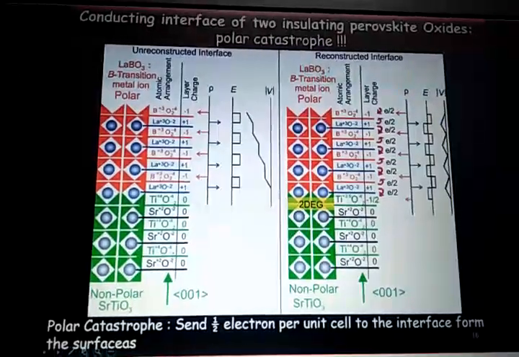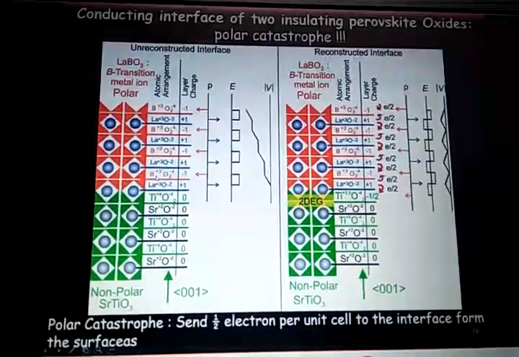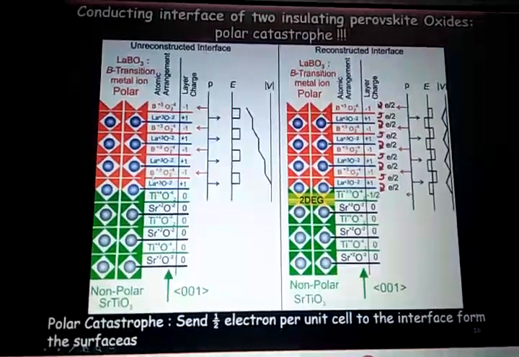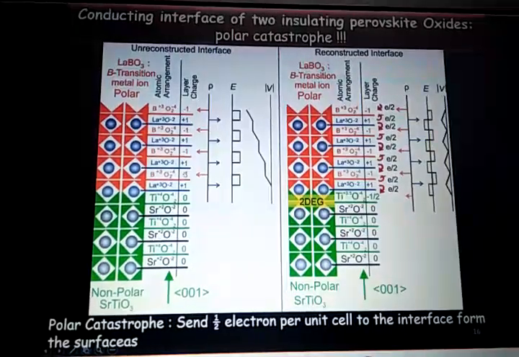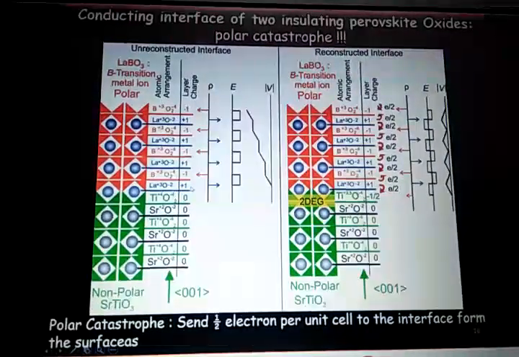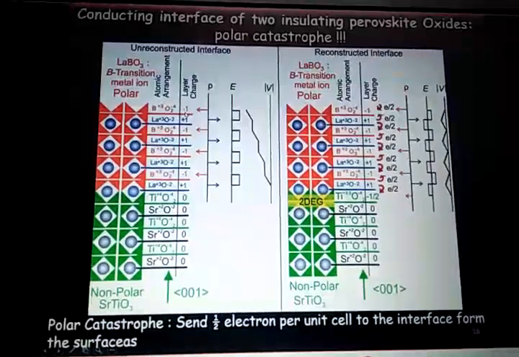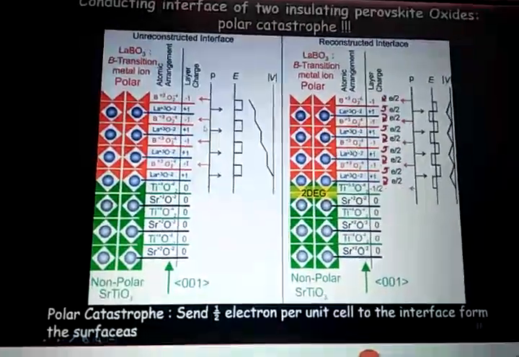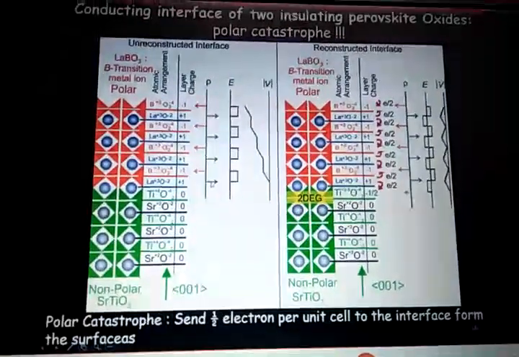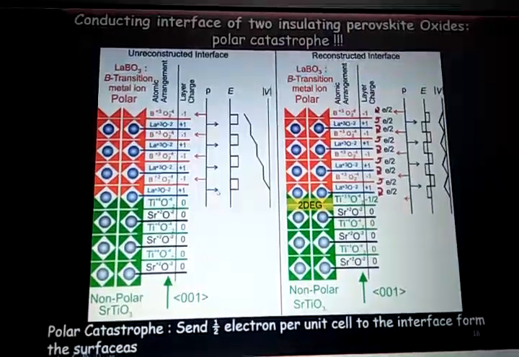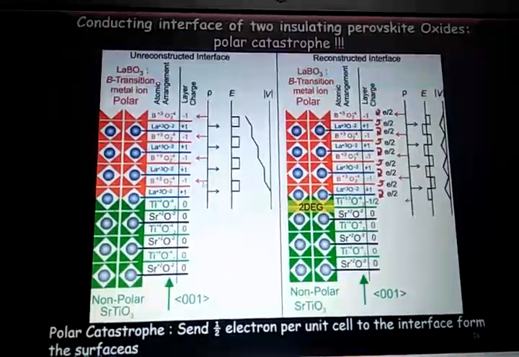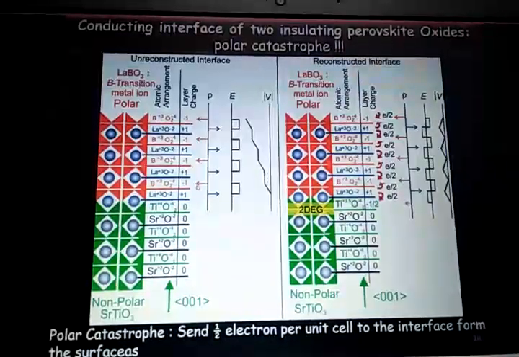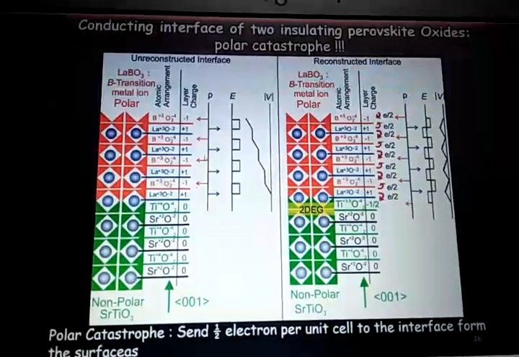That B depends on what kind of material you want to take. For simplicity, let's assume it can be aluminum, which has a +3 state. Then you have aluminum oxide, which will give you a layer charge of -1. Now you have +1, -1, +1, -1 in the film. This is a schematic representation of the charge you have. The blue right hand side arrow represents a +1 charge, and the orange left hand side arrow represents a -1 charge. So you have +1, -1, +1, -1 charge.